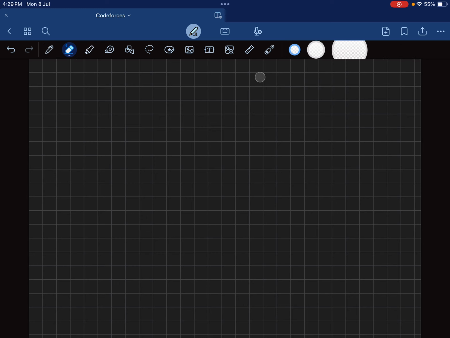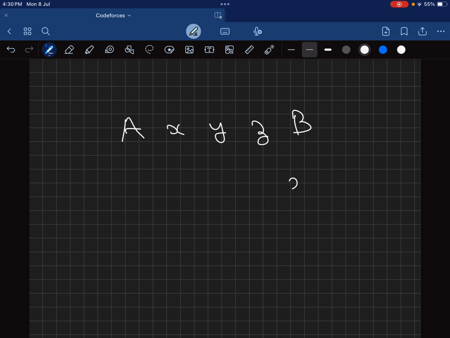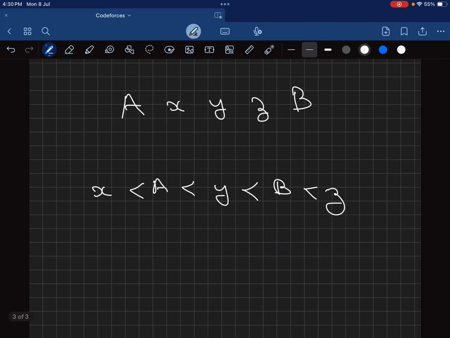Now let us assume that we plan to swap a and b in a given array, and let us assume there are x plus y plus z elements in between them, such that all the x elements are smaller than a, and a is smaller than all the y elements, and all these elements are smaller than b, and all these elements are smaller than z. After swapping a to this position,